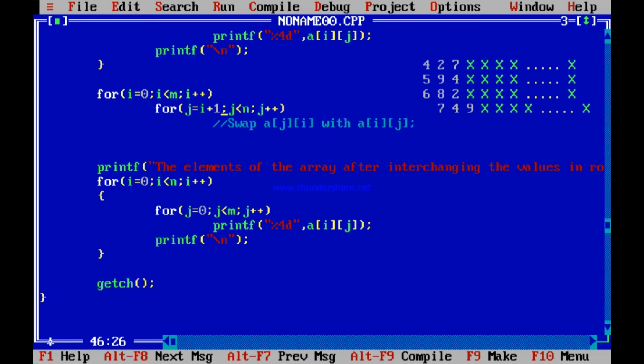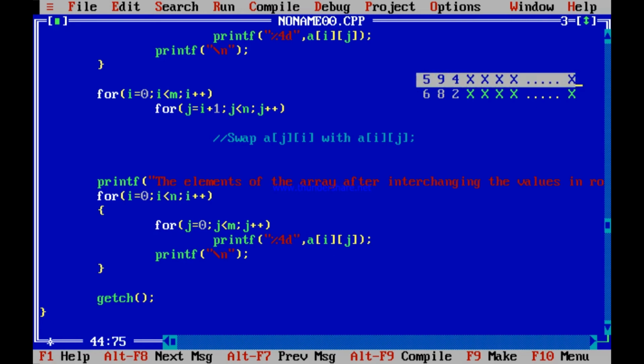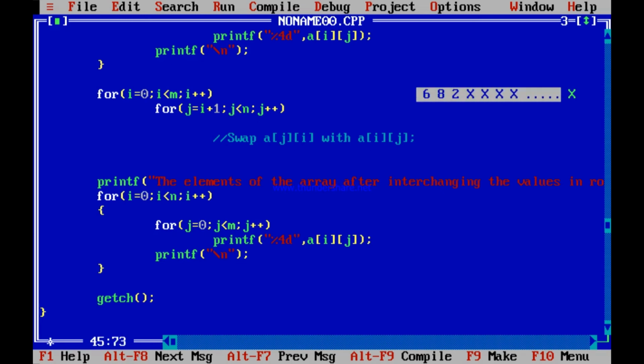I think you understand. Now how to swap? What is the method of swapping? See, method of swapping, I will just teach you something over here. Firstly, let me get rid of all this. This will disturb. Let me get rid of all these things. You don't need it, you have understood. So this part I delete. Now I want to tell you how to swap.